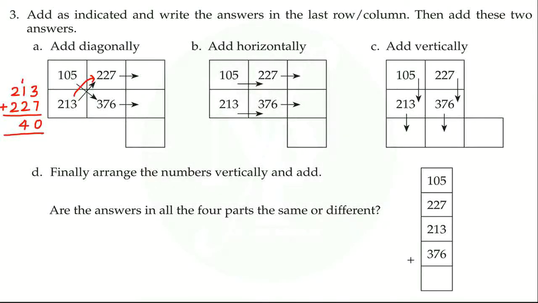Now there is no carry. 2 plus 2 is 4 in hundreds place. The sum we get is